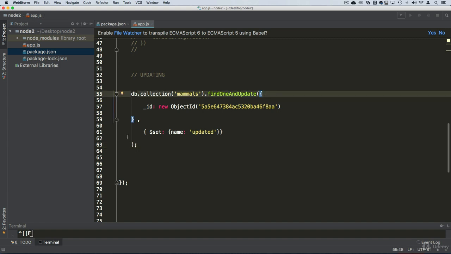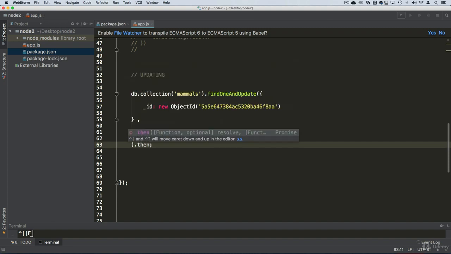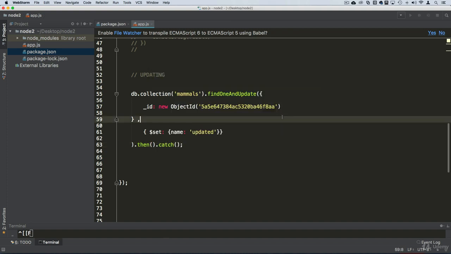So we can change that here. We can say then, like this, okay? And then we can also, at the end of that, use a catch to signify some type of error